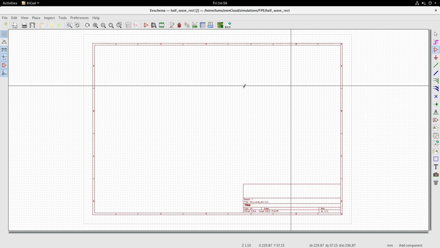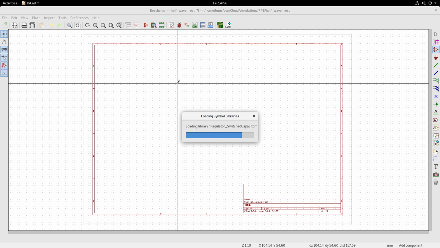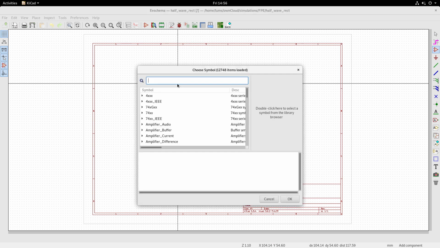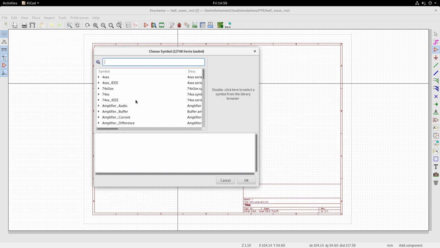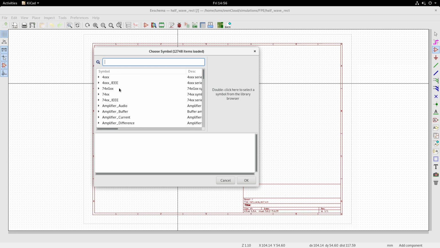So when you click on that and place it on the main sheet and click, you will see a set of libraries that come up, and you can choose the components within each of these libraries. These are libraries that come along with KiCad when you install it, and you can select components from here.